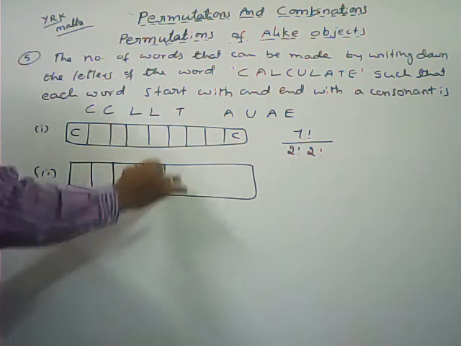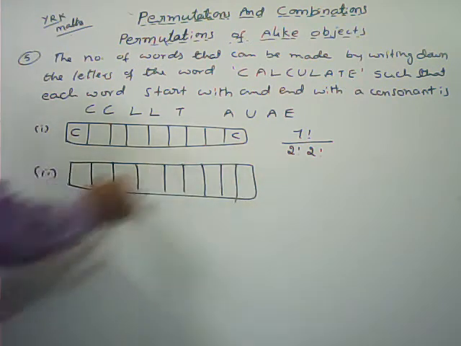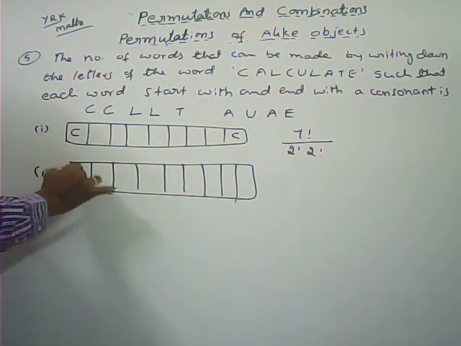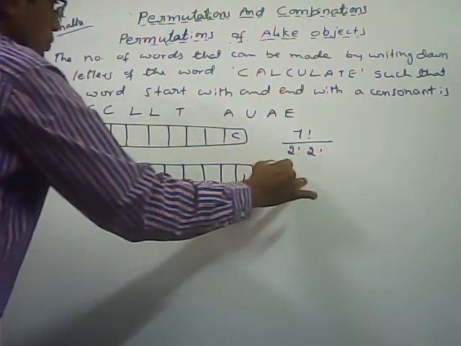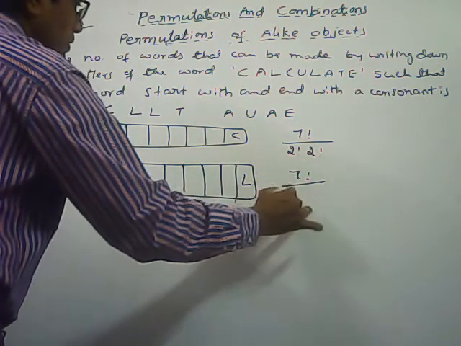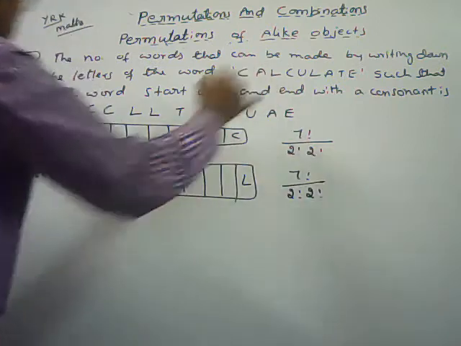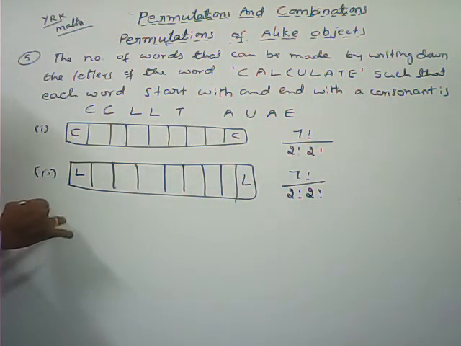1, 2, 3, 4, 5, 6, 7, 8, 9. Here I am arranging L and L. Here also we can get the same number of arrangements, 7 factorial by 2 factorial into 2 factorial. In the third case,